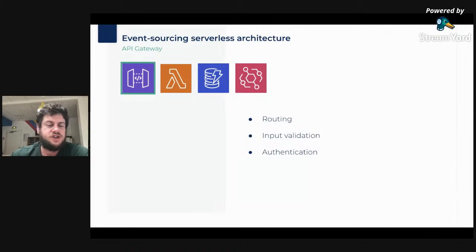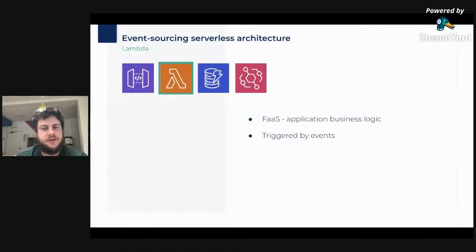So you can input JSON schemas to say that you expect this field and this field on this specific request. And API Gateway will be able to respond with an HTTP error code back to the user if the HTTP request does not meet those requirements. Finally, API Gateway was also used in conjunction with Cognito, a managed service from AWS for managing users, to ensure all calls made to the backend of the application through API Gateway were authenticated calls from users registered on the application.